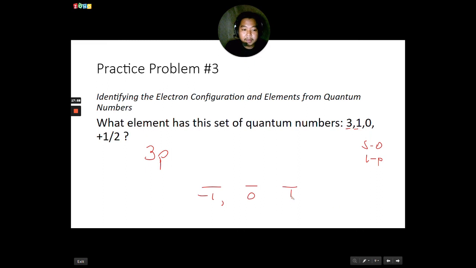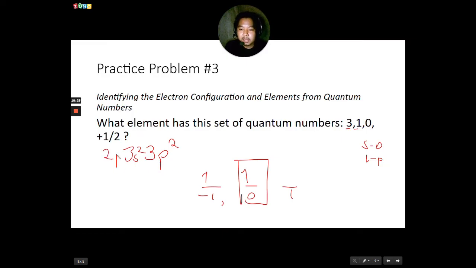So that's the p orbital, orientation 3 of the orbitals. It says that there's a half spin electron that lands on the 0 orbital. So that's here, that's the second electron. So I count 1, 2. That would be 3p2. And then to write the electron configuration, I can go backward, 3s2, because I know that this is the last of the electron configuration.